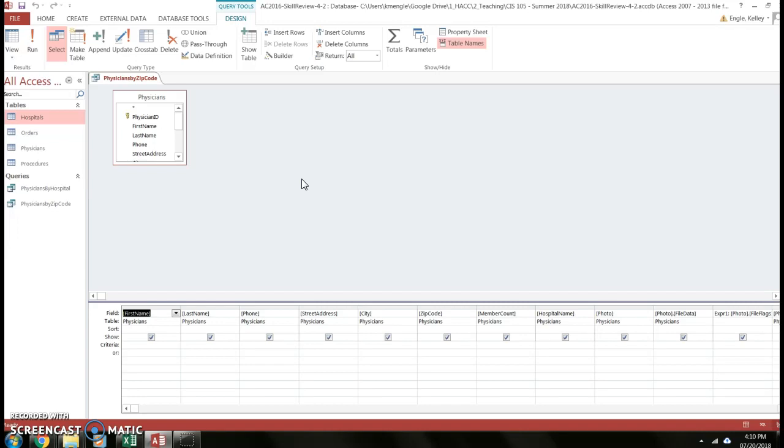So what it wants me to do is add criteria to the zip code to pull 33176 or 33186. The way that we do that is I have to find the zip code, which is down here, and you'll see there's a criteria row. So in that row, I find the cell. I'm going to put in the first value, which is 33176. To do an OR, you have to go down to the next cell, 33186,